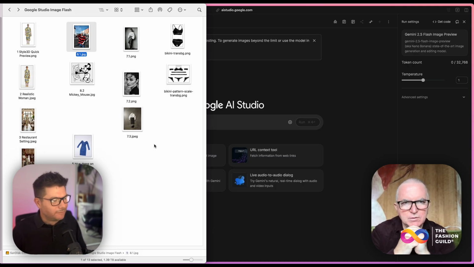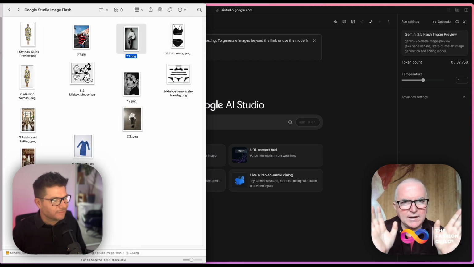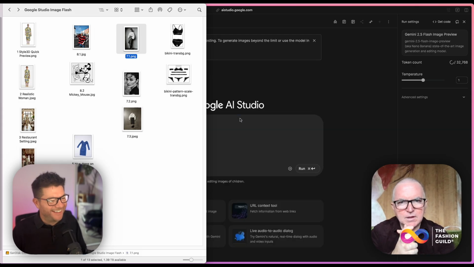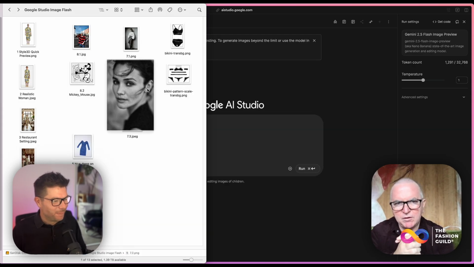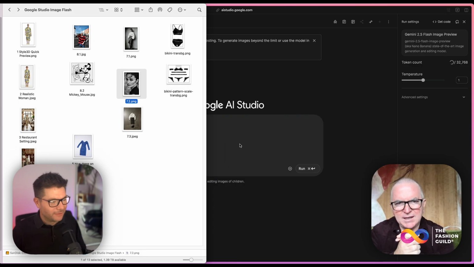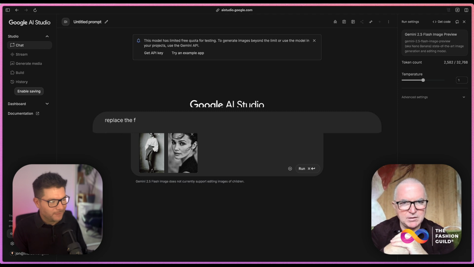If we could change, because the model's face on the first one is quite dodgy. She looks like she's had a great night out. And if we could replace her with this model as a reference, that would make it easier to go to the management team to sell an idea around a look. I think this is,